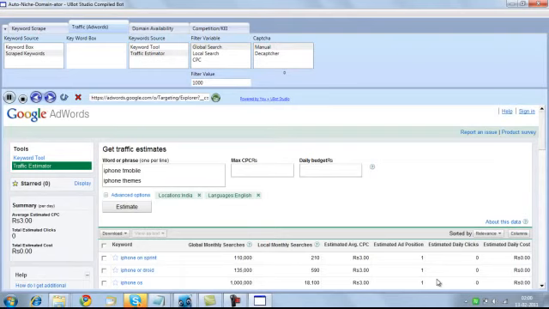So it takes about 2 minutes to complete the whole run, because we also have an inbuilt delay function to make sure that we do not keep popping up keywords on the Google AdWords tool and end up being detected as spam or automated queries, which could block your IP. So there's an inbuilt delay to make sure that the queries are sent after regular time intervals, and it looks as near to human behavior as possible.